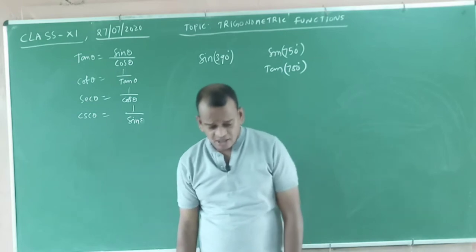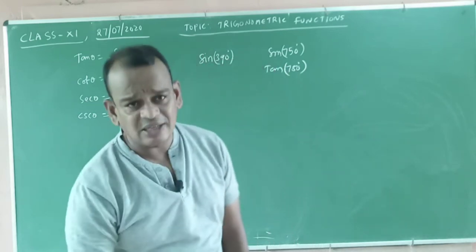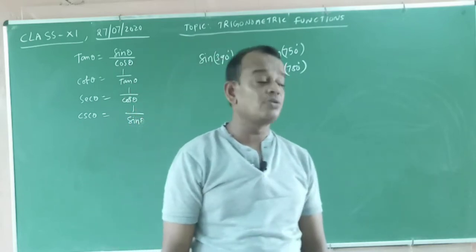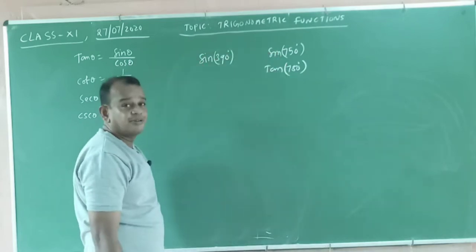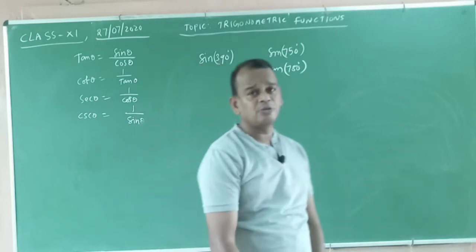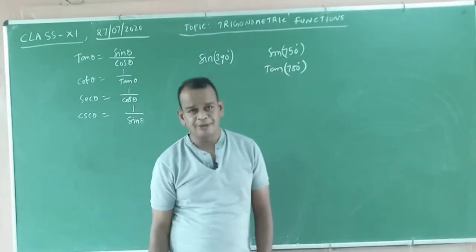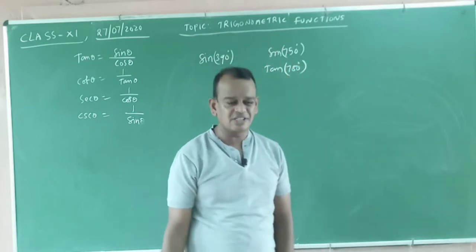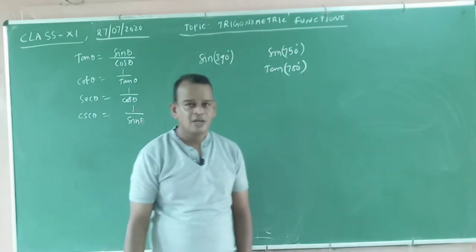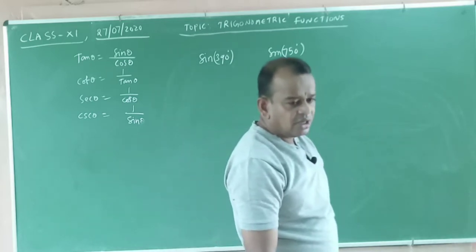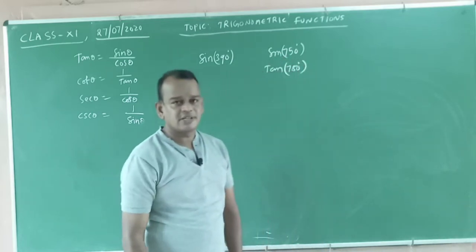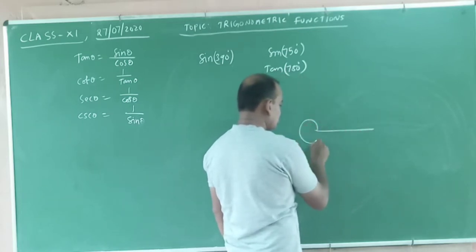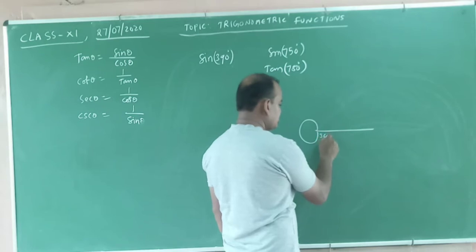Actually, students of class 10 and class 11 feel it is very difficult to find these values. Oh, sin 390 value. Now just learn, you learned already before. Sin 30 degrees you know, 1 by 2. Sin 45 you know, 1 by root 2. Sin 60 degrees is equal to root 3 by 2. You know very well. Yesterday we already discussed, one complete rotation is equal to how much? 360 degrees.